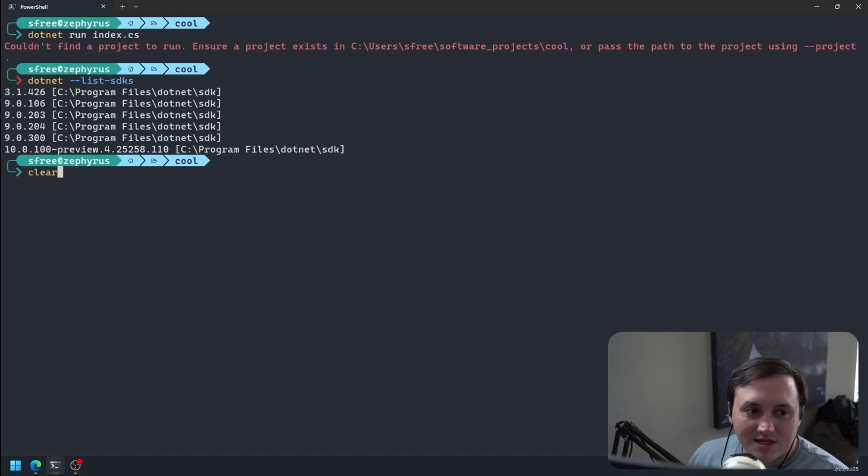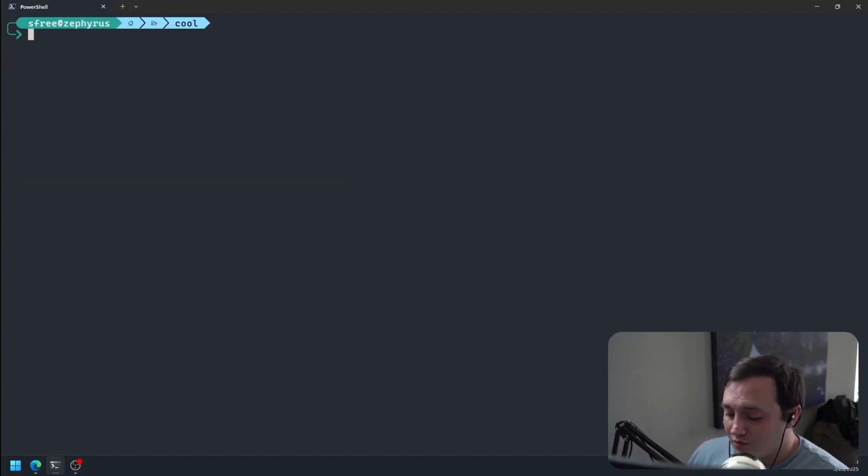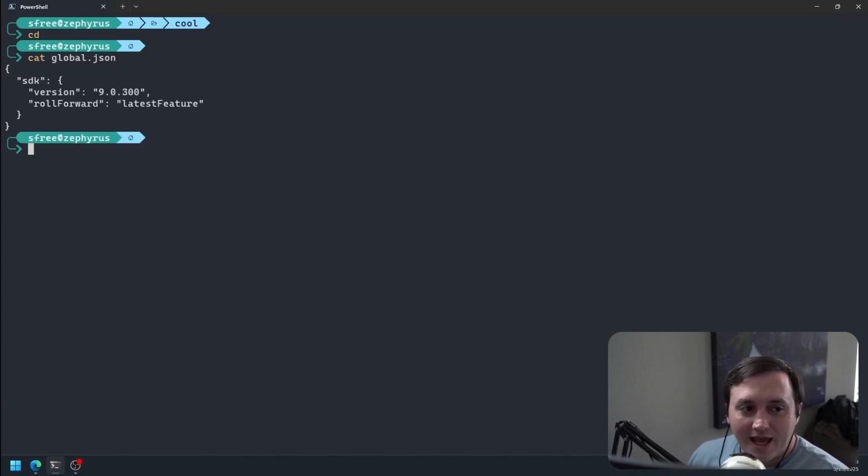And the reason it's not working is because at the root, or at my home directory, I have a file called global.json. And in this file, I've specified the version of the .NET SDK I want to use. The way the .NET CLI works is, whenever you execute the command, it's going to look for that global.json file recursively up directories from where you execute the command. Once it first encounters a global.json file, it's going to pay attention to whatever directives you've set